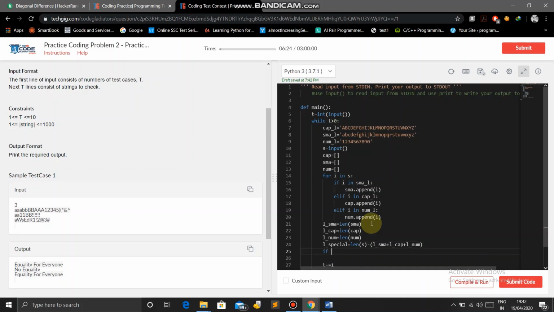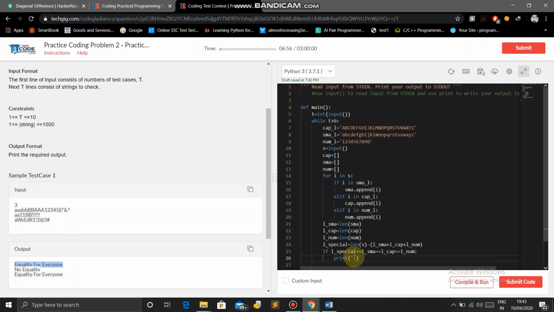Now let's compare. If L_special is equal to L_sma is equal to L_cap is equal to L_num, if all types of characters are equal, then we print what we want to print, "equality for everyone".